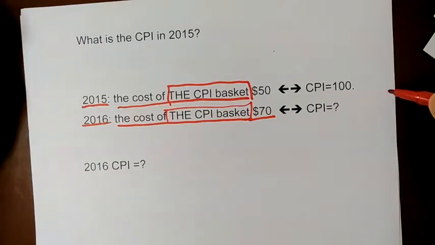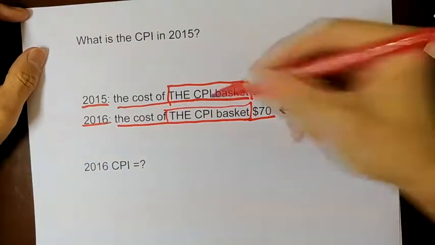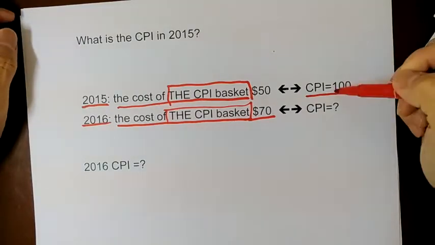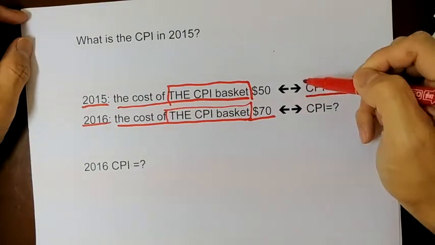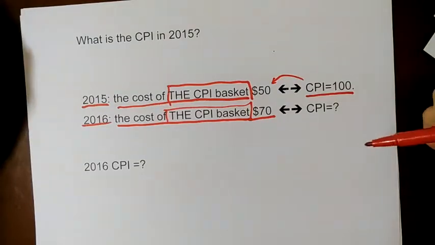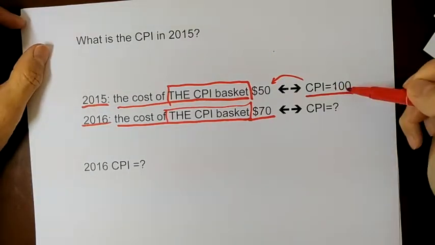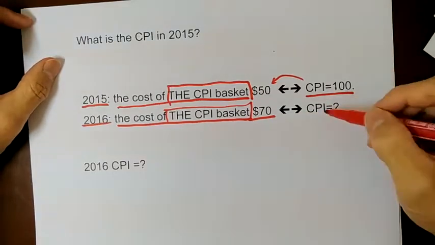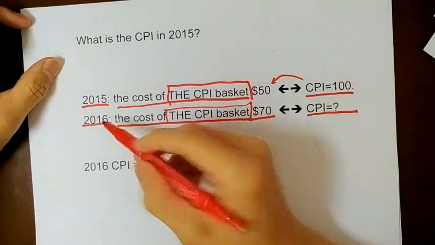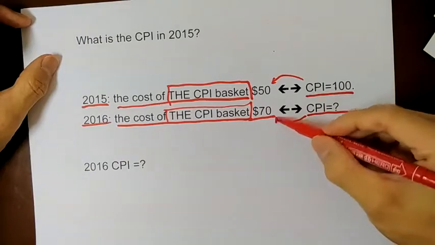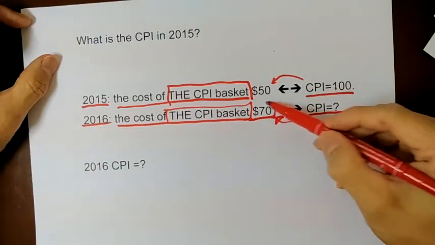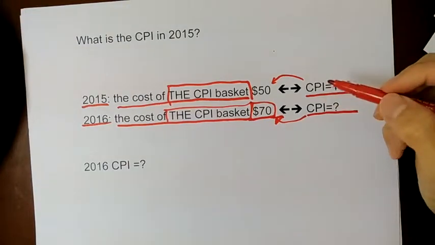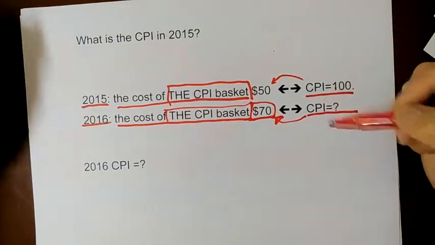All right. Now, we define CPI in 2015 as 100. That is, CPI 100 represents this $50. Then the question is, what is the CPI in 2016 that represents the cost of $70? So it's like you take your little brother to Chuck E. Cheese's,